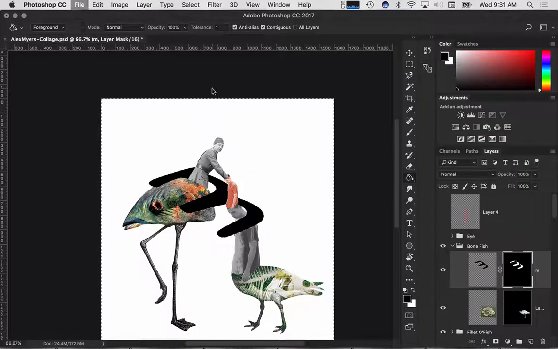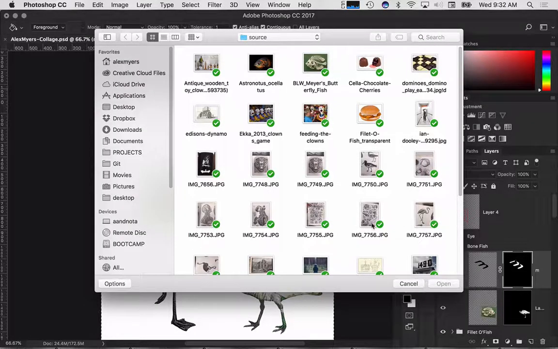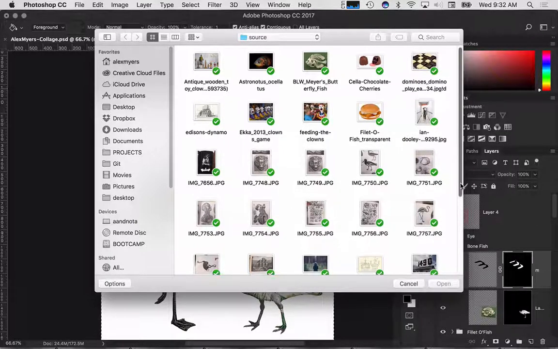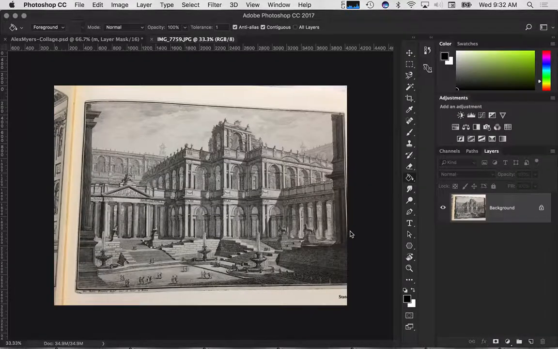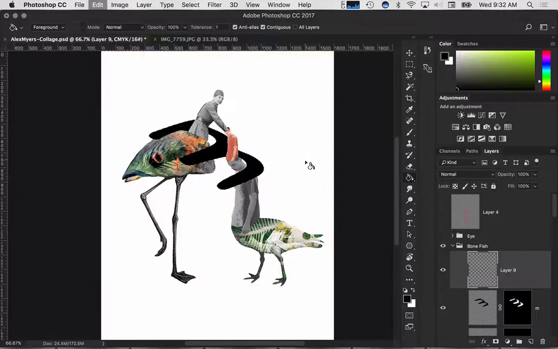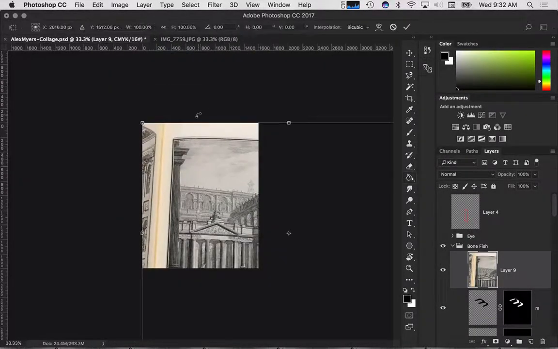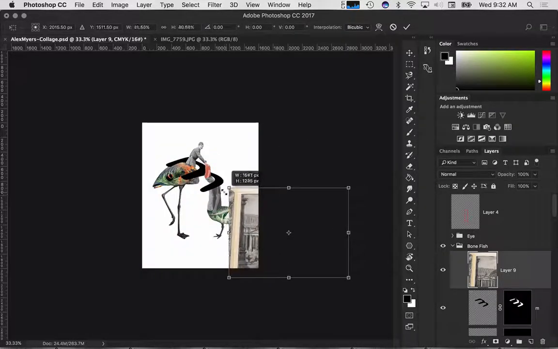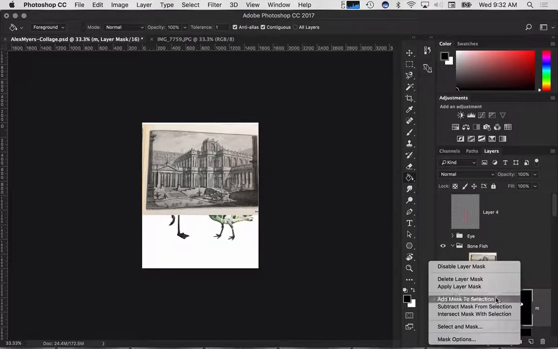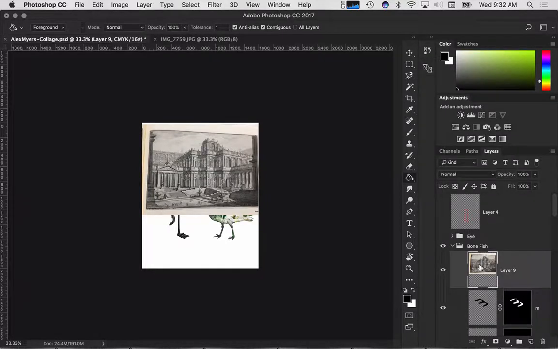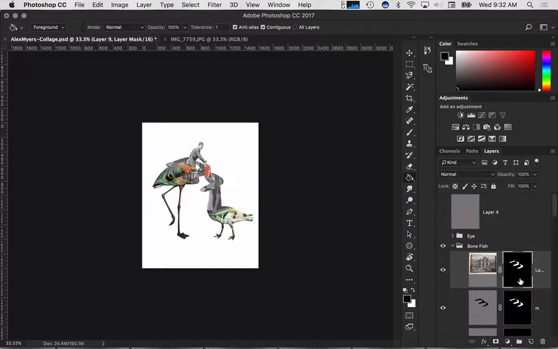So I could grab another one of my images, say, I want something architectural, like this one, right? Copy this whole thing over, dump it in here. It's probably going to be pretty big. Let's scale it down a little bit. I'll mess with it here in a second. Put it there, but now come down, add my mask to selection, then select that building layer, make a selection,